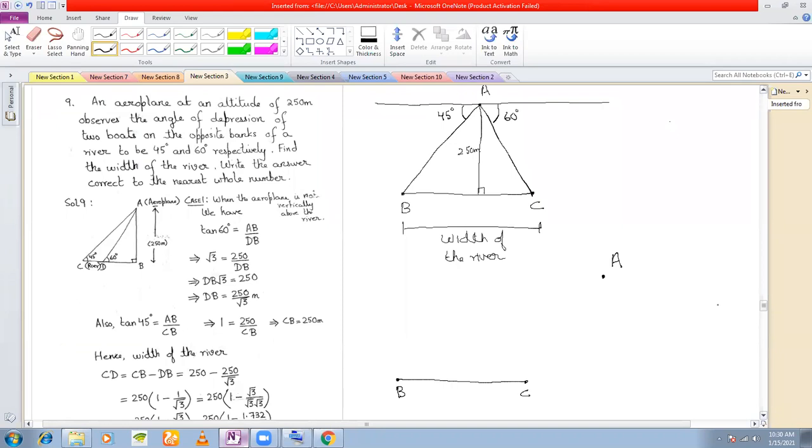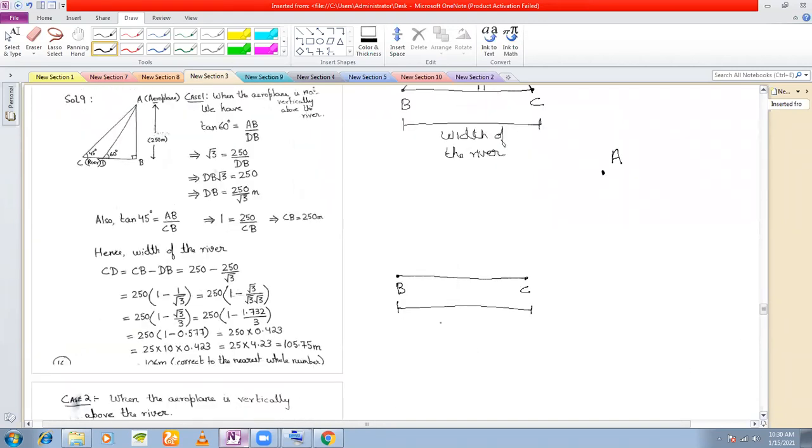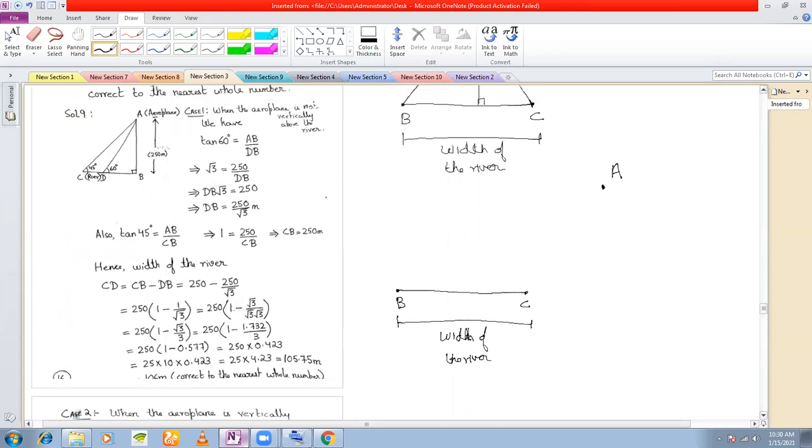Okay, just look at this case and then maybe your doubts will be clarified. Now the aeroplane has crossed this river. This is my river. This is my width of the river. So this has already crossed the river. You can take A here also, that the aeroplane has not crossed. It is yet to cross and it will come to the same thing. You can take A here also, no problem. It will come to the same diagram. So let us assume that the aeroplane has crossed.